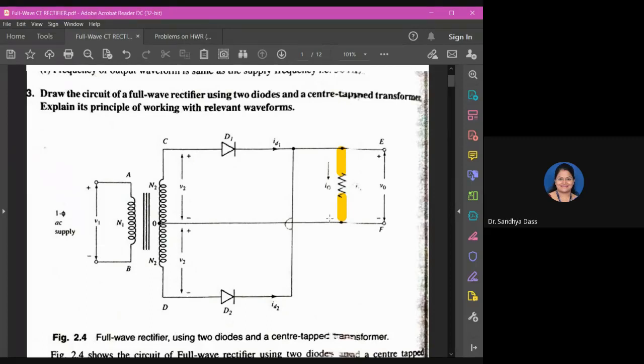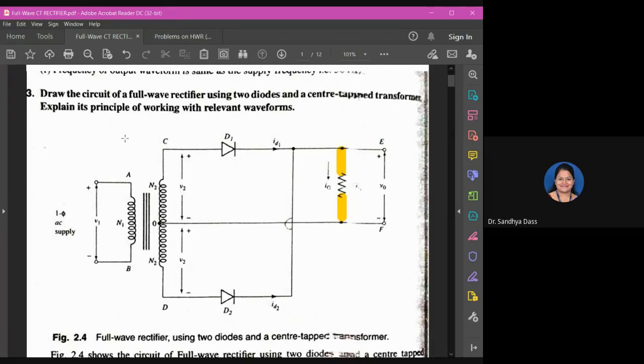But what you have to note here is, during the first half cycle, D1 will be conducting, so you'll be getting output across the RL. In the next cycle, when D is positive, D2 will be conducting, so because of that, you'll again be getting the output at the load. At the load, you can find the output current and the output voltage. And what is this output voltage? It is nothing but what is supplied at the secondary of the transformer, that is V2.